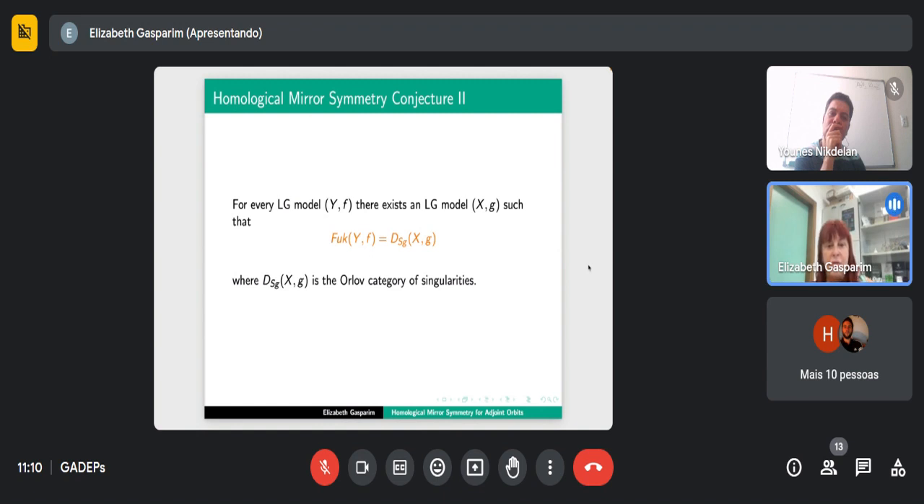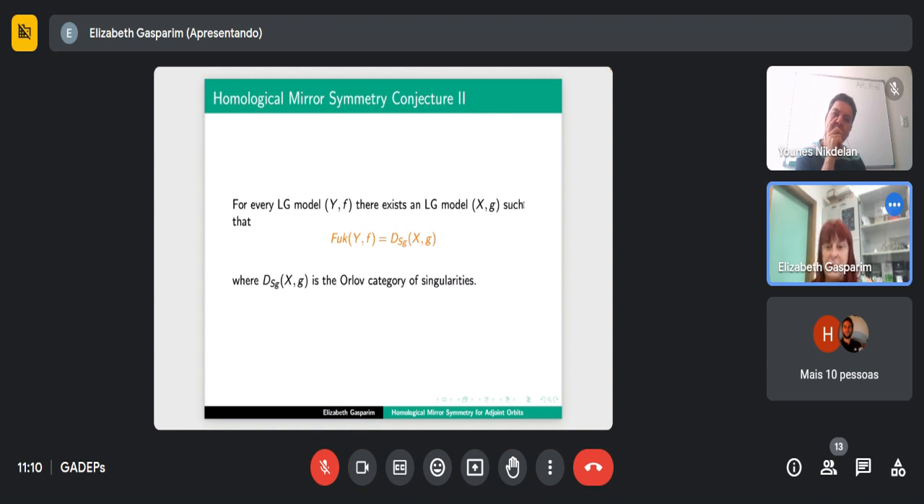Consider Landau-Ginzburg models on both sides. It's as if here you're doing Morse theory from the symplectic point of view, and here Morse theory from the algebraic point of view. And then this algebraic variety with this potential G has another category that's called the Orlov category of singularities. That gives you a second statement of homological mirror symmetry, a different one, which says that if I look at this Fukaya category of YF, I want it now to be equivalent to the Orlov category of